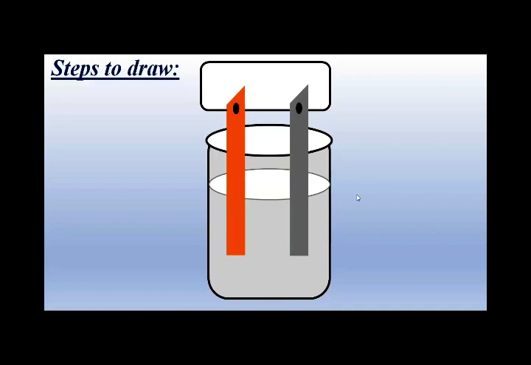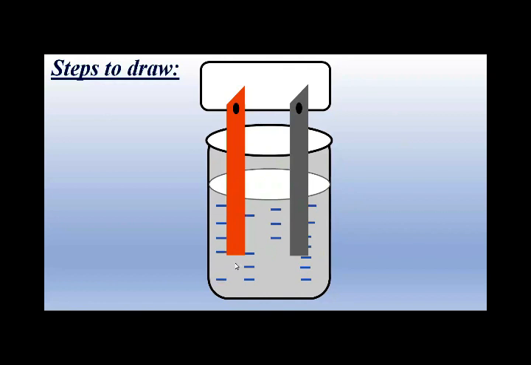Okay, after it you will draw another oval shape just below this opening. It is highlighted for the water, that some water or any solution is present inside the beaker. So the solution that we use for the voltaic cell is the dilute sulfuric acid. To highlight that something is present inside the beaker, we will use small lines. So what is present inside the beaker? Actually, dilute sulfuric acid is present inside the beaker.